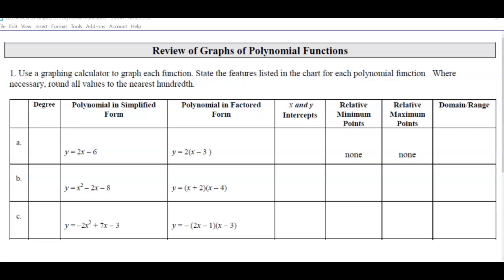Review graphs of polynomial functions. You take a look at it. First one's linear. It's in simplified form and factored form. Remember, simplified form is the easiest way to see what the y-intercept is. Okay, it's a constant term because the y-intercept is when x is 0. So that's